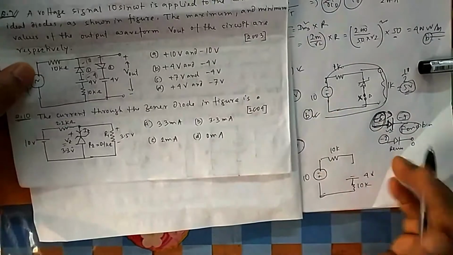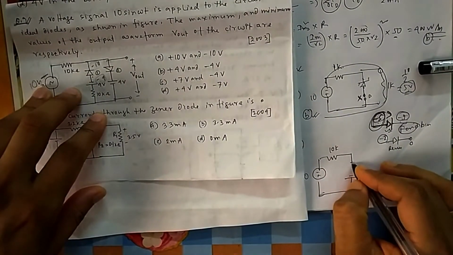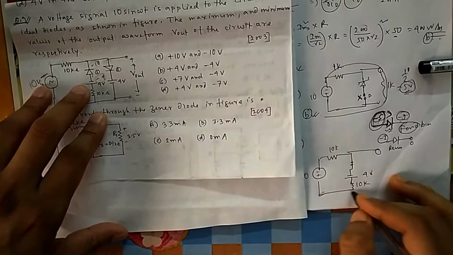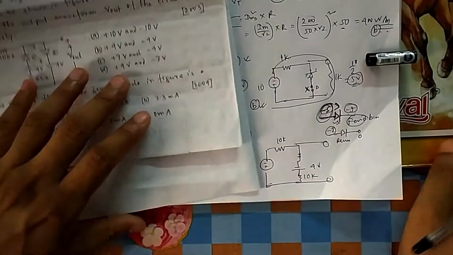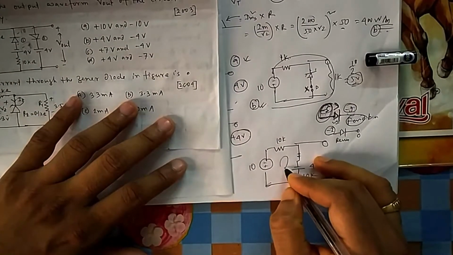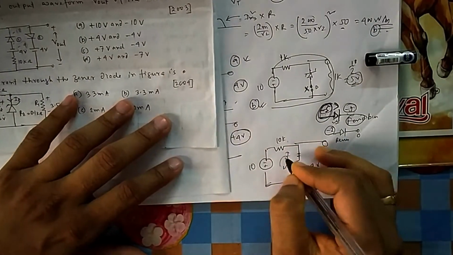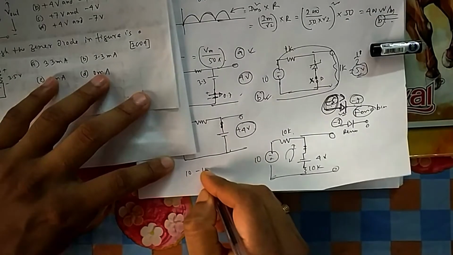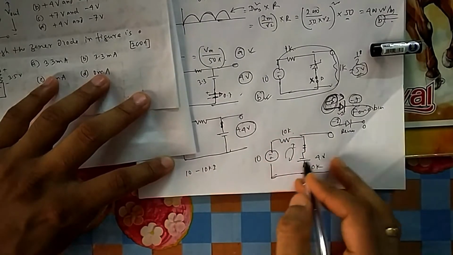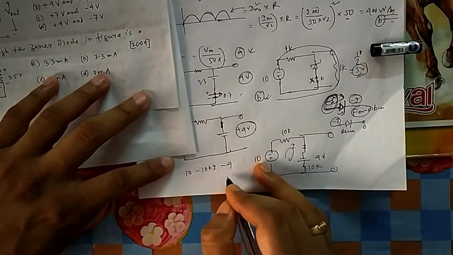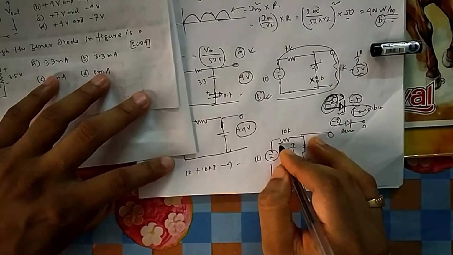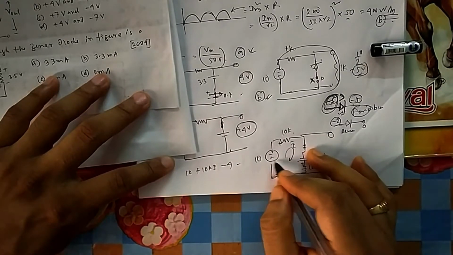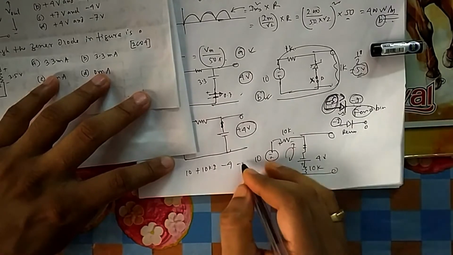Okay. Now it is forward biased, which means you can think of this as a short path. So this is forward biased. Now what is the output voltage here? You can easily take a KVL or KCL and find it out. If you take KCL, suppose this current is I. So what will be 10 minus 10 kilo I, then it is minus 4, then plus 10 kilo, because the resistance is always plus minus when current is flowing, so this is plus minus and this is your minus 4 and then this is plus 10k.